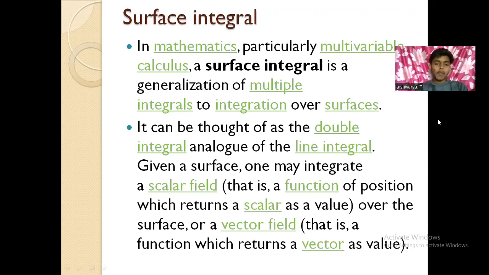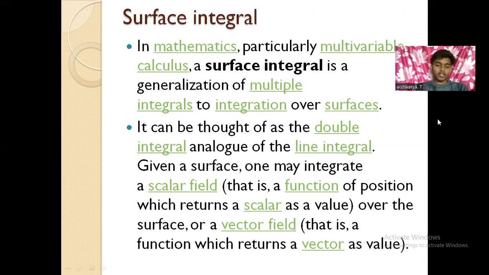A scalar field is a function of position which returns a scalar as a value, and a vector field is a function which returns a vector as a value. If you have both values, we can integrate the surface integral and determine the surface integral of these vector